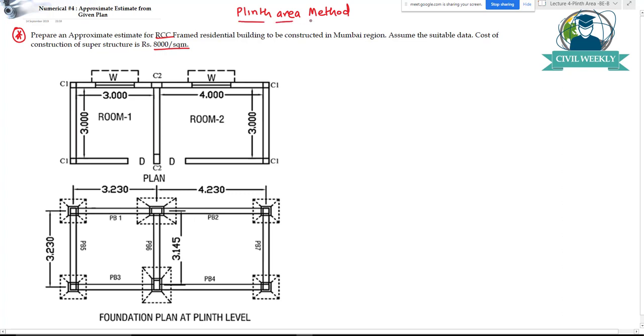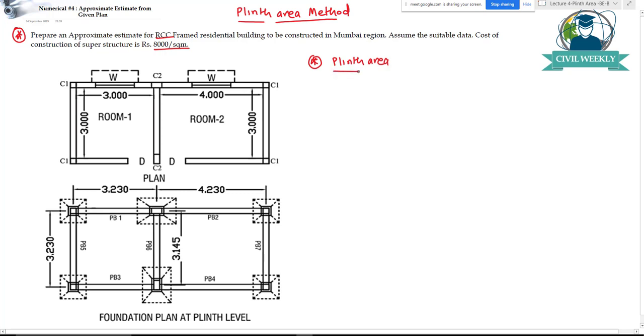As we have seen previously also, plinth area is equal to carpet area plus area occupied by walls and columns plus area occupied by circulation area, right? So here there is no circulation area as such, so this will again be carpet area. This will be your carpet area 3 by 3, and this will be your carpet area 4 by 3. So carpet area you can find out. Then you will have to find out the area occupied by all these walls and the C1 and C2 columns which are there. The first step will be to find out the plinth area.